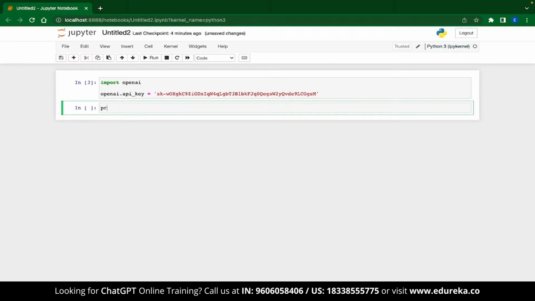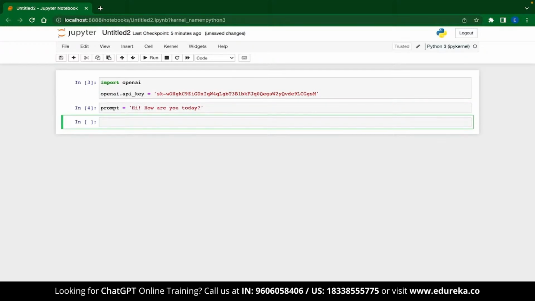Now let's define a simple prompt. We'll say variable prompt is equal to, and then a message. Let me just type, "Hi, how are you today?" Now this will be our prompt. Now that we have access to OpenAI and we have defined our prompt, the only thing left is to generate a response. Now to generate the response, let's start by typing variable response equal to